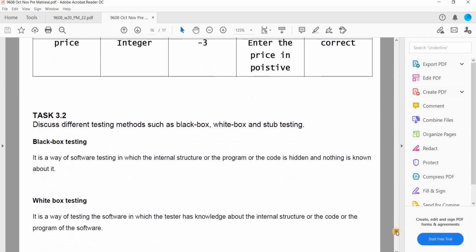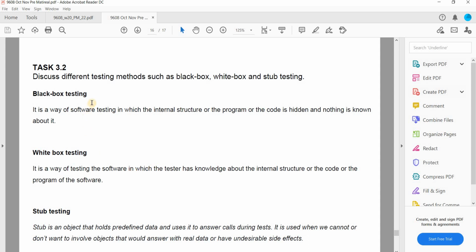Okay, and the last one is task 3.2. Discuss the different testing methods such as black box, white box, and stub testing. I have written only a few because this is only theoretical. Black box testing is a way of software testing in which the internal structure of the program or code is hidden and nothing is known about it.